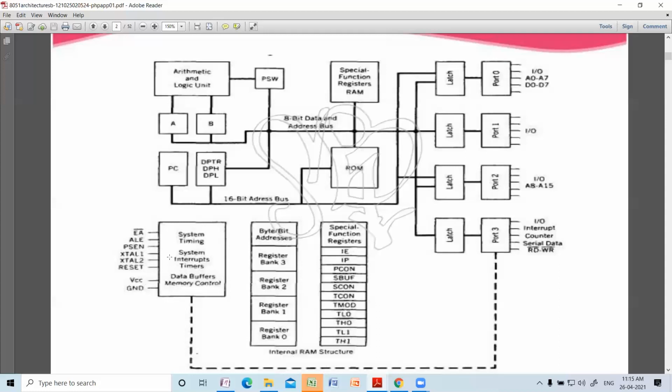This one has the pins: address latch enable, EA bar, PSEN, XTAL1, XTAL2, where your crystals are connected, reset circuit, etc. So this is the complete architecture of 8051. If an architecture question is asked, you should draw this diagram. This PPT also I am going to post in the Google Classroom. Please mark that.